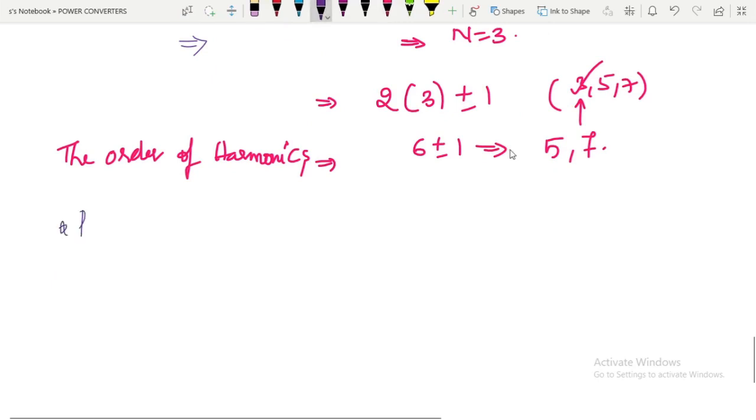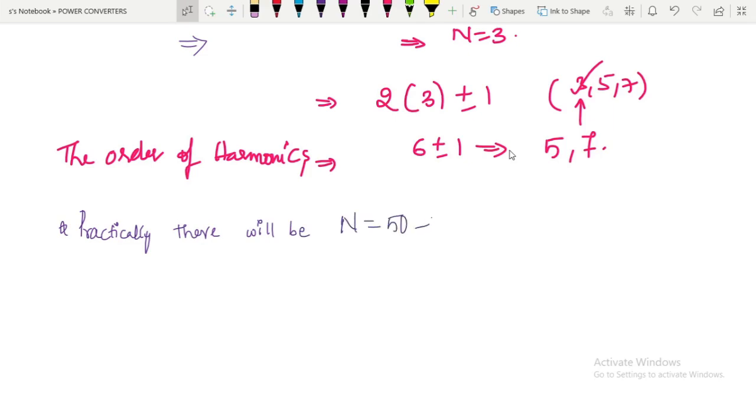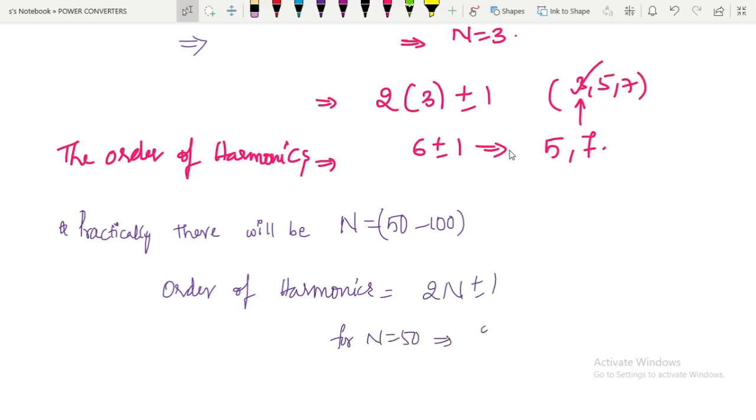So practically, n value will be around 50 to 100. Okay, that means there will be 50 pulses per one half cycle. So what will be the order of harmonics then? Order of harmonics is given by 2n plus or minus 1. So for n equal to 50, what is its value? That is 2 into 50 plus or minus 1, that is around 100 plus or minus 1, that is 99,